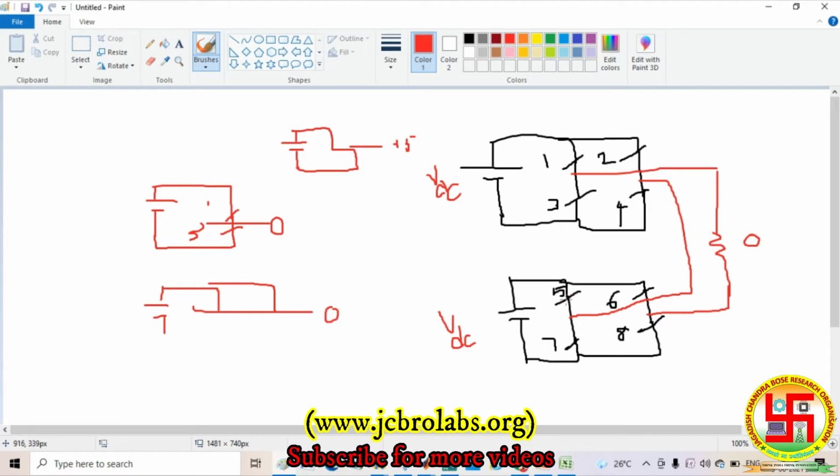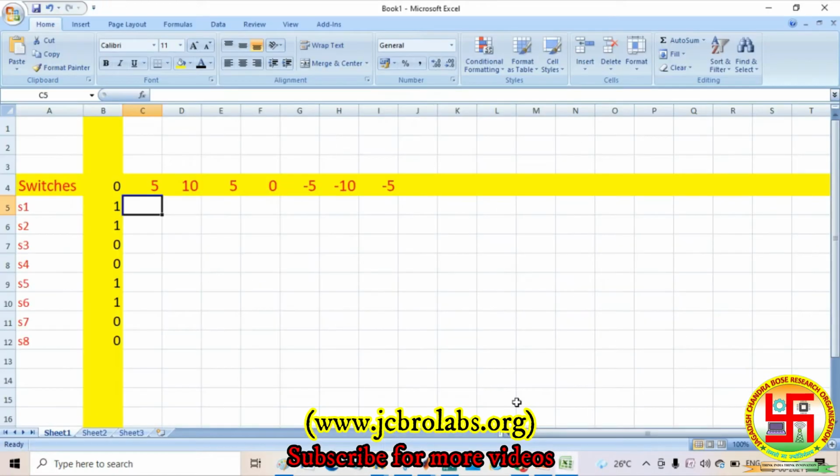So here I am turning off, and here I am turning on 5 and 6. In the 5 case, 1 and 4, 5 and 6, you can observe I am turning these switches on, so I will get 5 here. Then with 5 and 6 on in this bridge, I will get 0, here 5. Totally 5 only you will get. So I am considering 1 and 4, here 5 and 6, and the remaining become 0, 0, 0, 0.